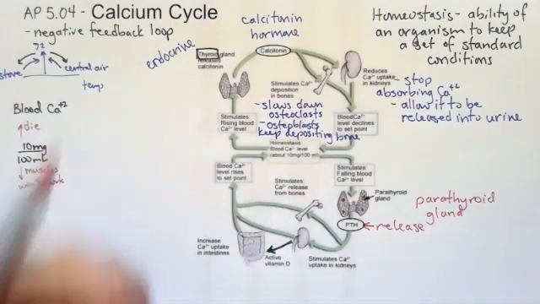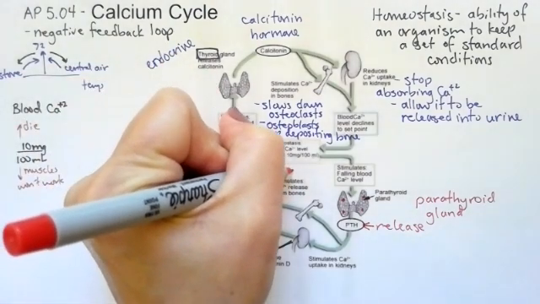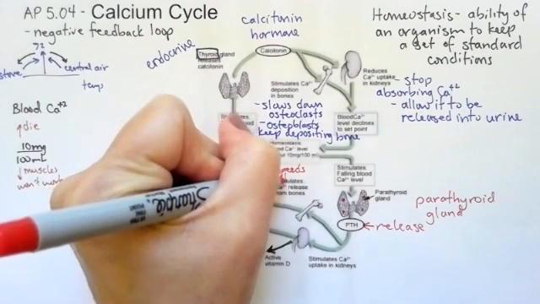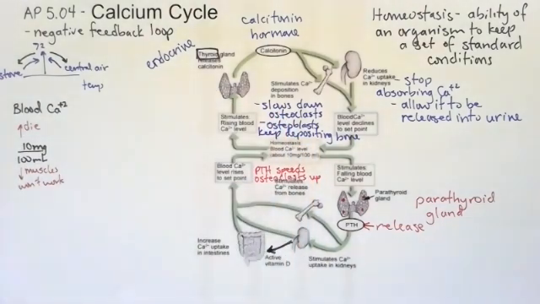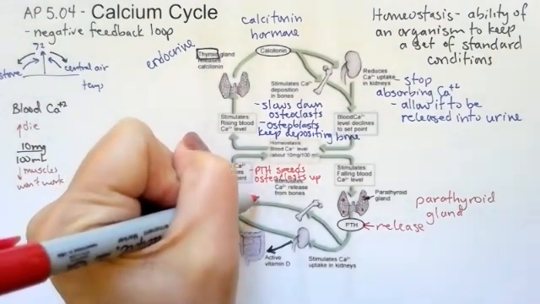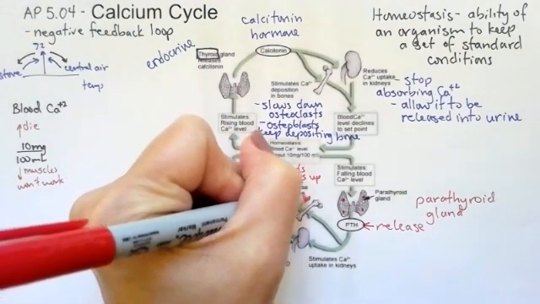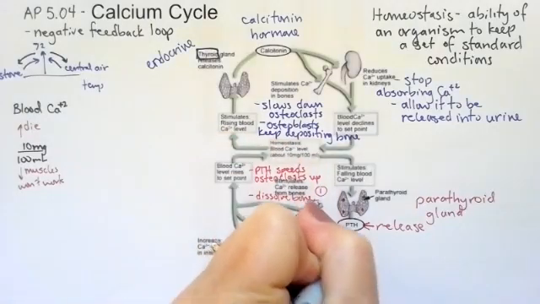So PTH speeds the osteoclasts up. And they start dissolving bone like crazy, releasing it into the blood. So they're dissolving bone, which gets released into the blood. So this was number 1. Number 2,